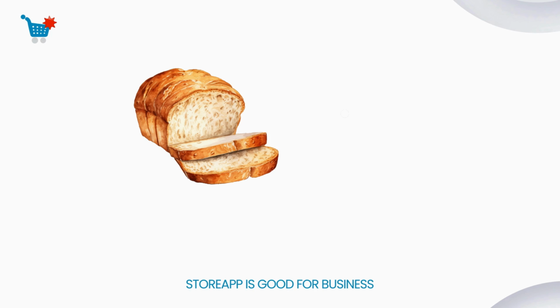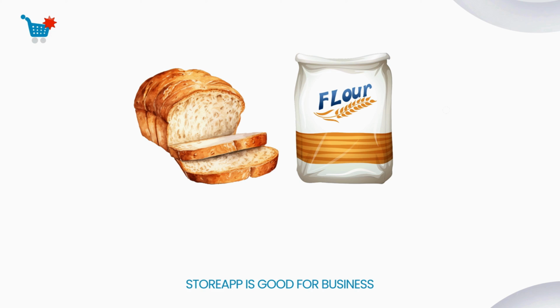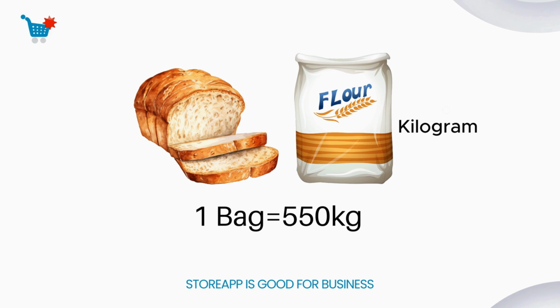Imagine you produce bread, and one of your raw materials is flour. You usually buy flour in bags, but during production, flour is used in kilograms. So when you're creating flour as a raw material in StoreApp, you should use kilograms as the unit, because that's how it will be measured in production. Even though you purchase in bags, you need to convert the bags to kilograms. For example, if one bag equals 550 kilograms and you buy 2 bags, you should post it as 1,100 kilograms